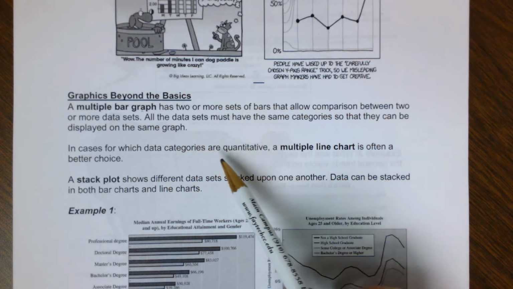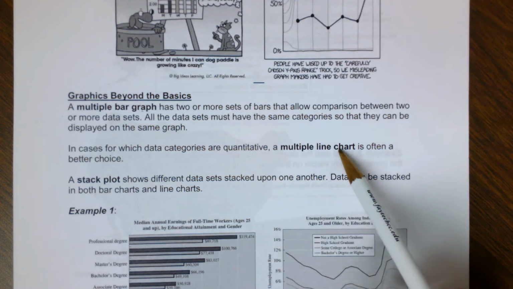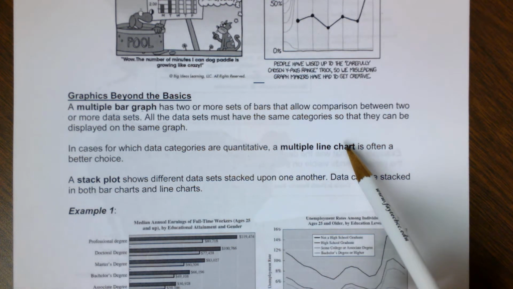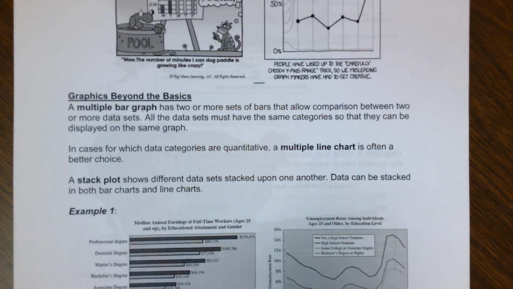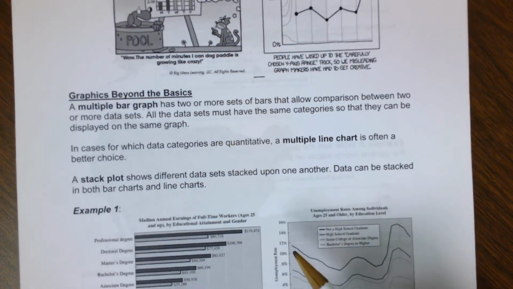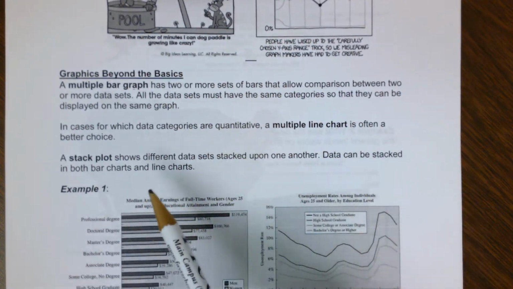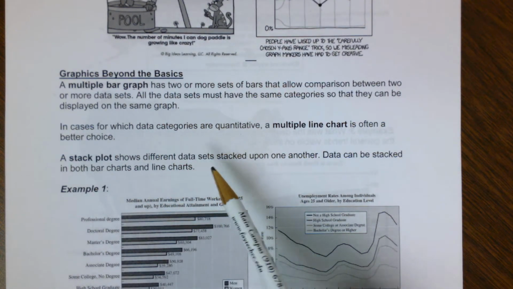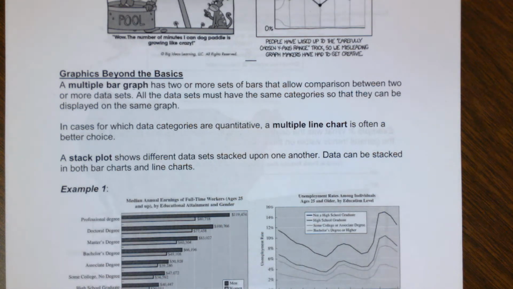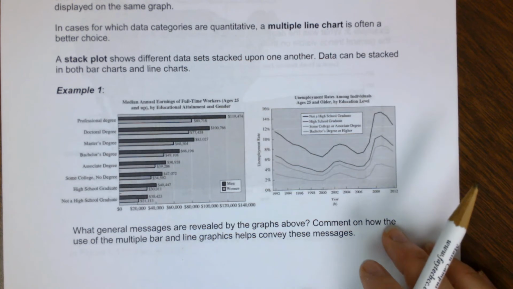If the data categories are quantitative, then you can do a multiple line chart. We actually saw that in 5C, that last example, selling cars. That was actually a multiple line chart where you're comparing two different things at once. You can also have a stack plot where you stack data on top of one another. And so we'll look at examples of all of these. So first, let's look at a multiple bar graph,